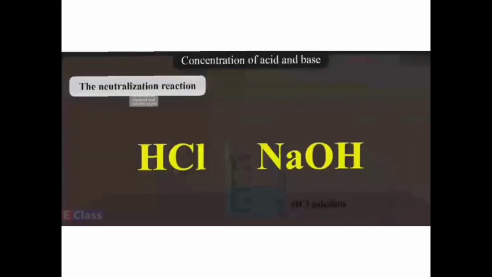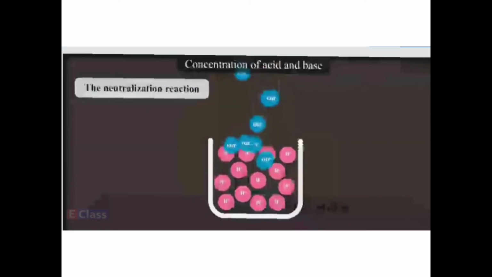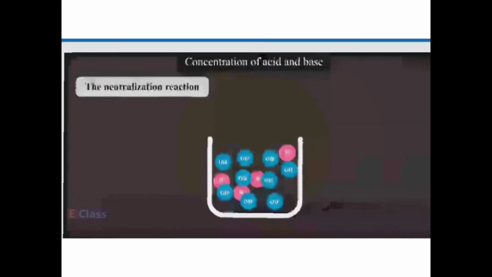Okay, so you have the HCl and the NaOH. As you put a drop of the NaOH, as many H ions as came, the OH combined with them. So time will come when all the remaining H ions find OH ions. When all the H and all the OH ions, every H has got its OH together, we said that the neutralization completed. So this is, you can say, the ionic reaction. HCl plus NaOH gives you Na plus Cl minus plus H2O.